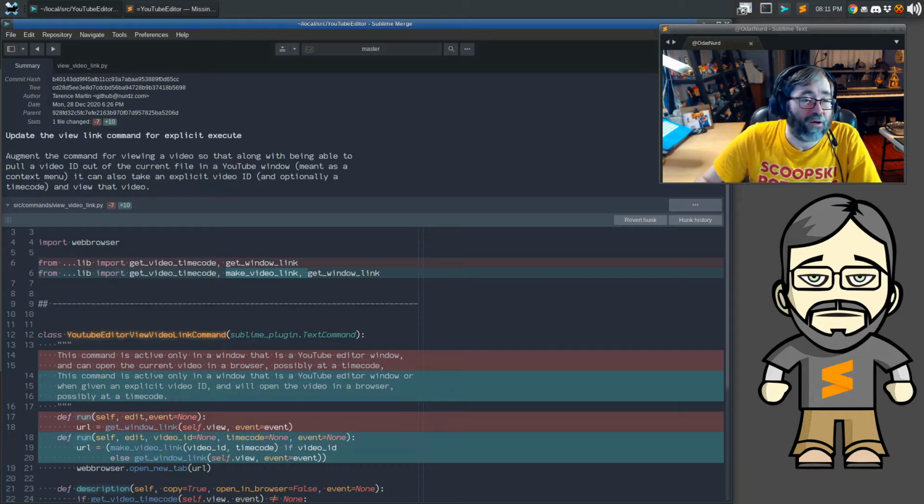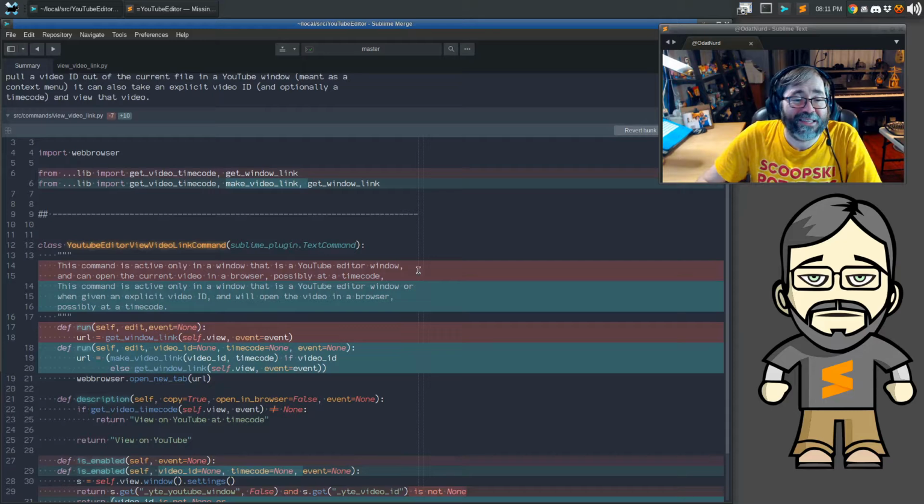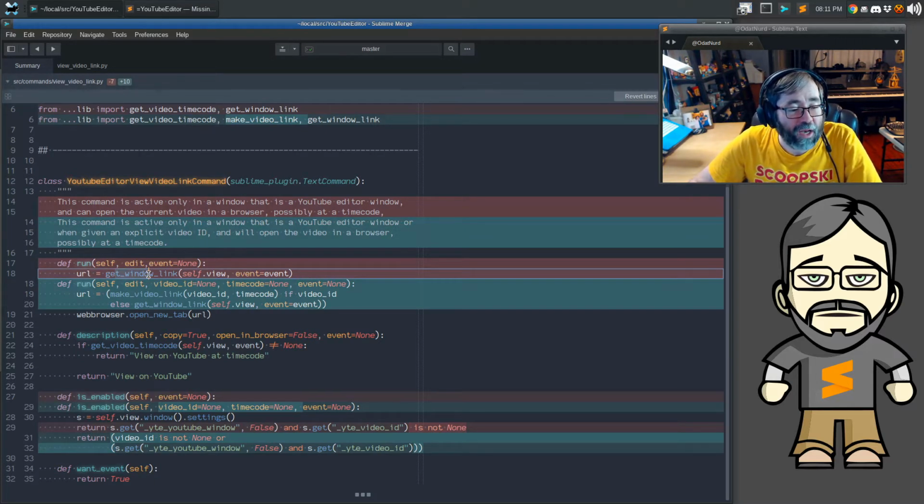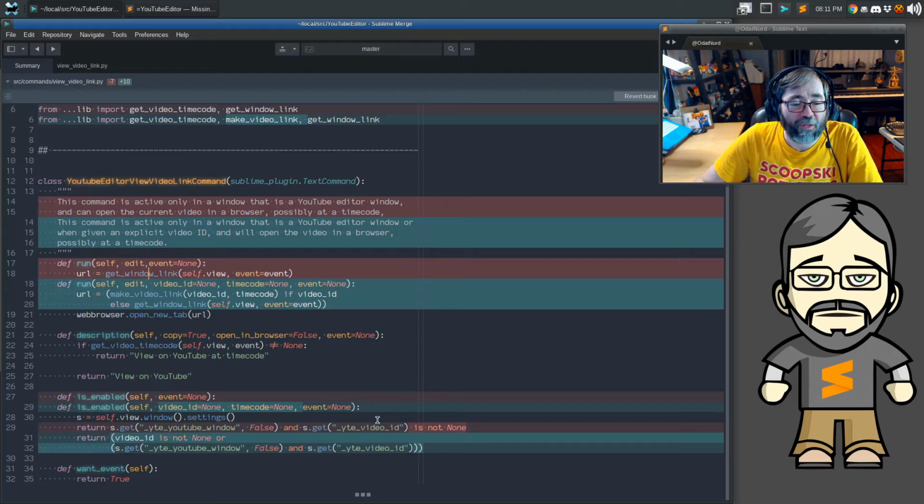So in the first one here, the command for viewing a link from inside of a browser. What we used to do before, that is the red code here, was when you executed the command, it would call get window link, which is something that is in the utils code, and it would use the current view to pull out the YouTube video ID setting and then create the link and open it in a browser. And what we actually have now is that this command takes optionally a video ID and a time code,